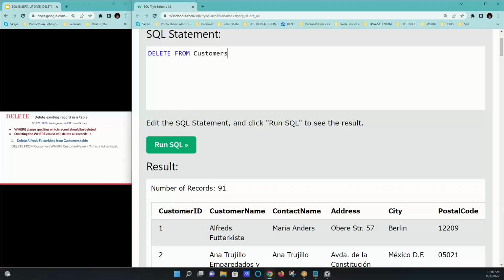Customers. Next, you have to say where and you put your condition. So I want to delete this whole record where customer name is Alfred Fugerkist. So I'm going to start with this customer name. Copy that, paste it here, equal to